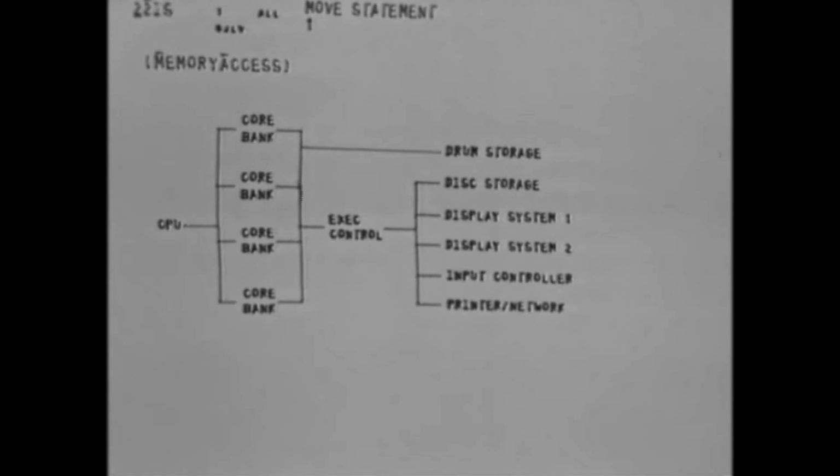And in that way, this bank can slip in many accesses while the CPU is hopping from bank to bank in its successive accesses. We've taken advantage of that to put all of our control out here: a large 96 million character Bryant disk for giving backup storage for ourselves, our two display systems, each of which drives 6 displays, and all of which are refreshed out of core, and the input controller, which samples the keyboards, the key sets, the mice of each station about 15 times a second, and our printer and the ARPA network coupling here all come in through that same priority basis.